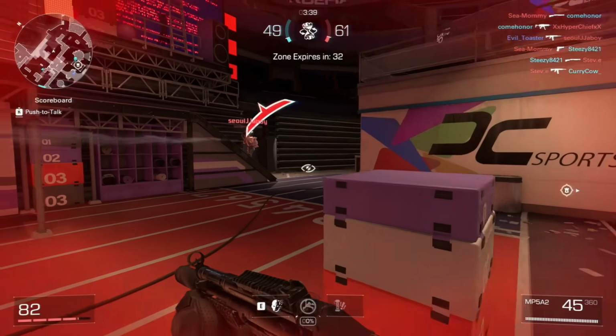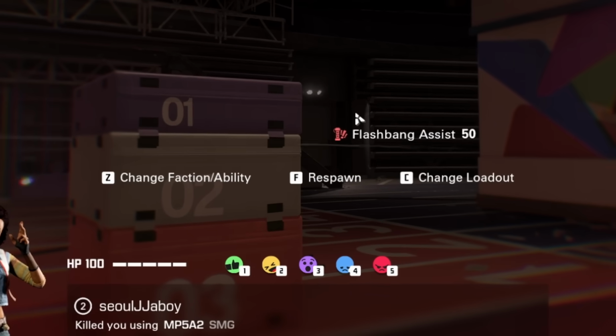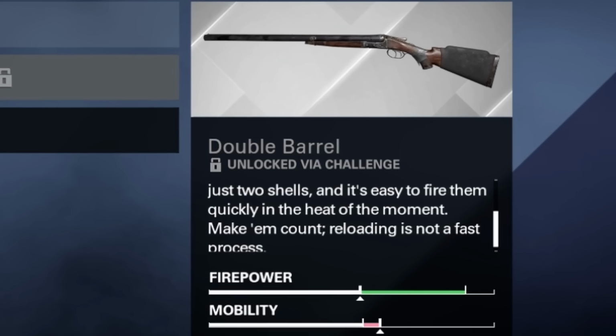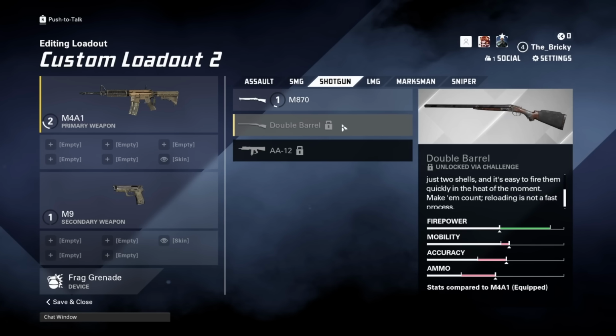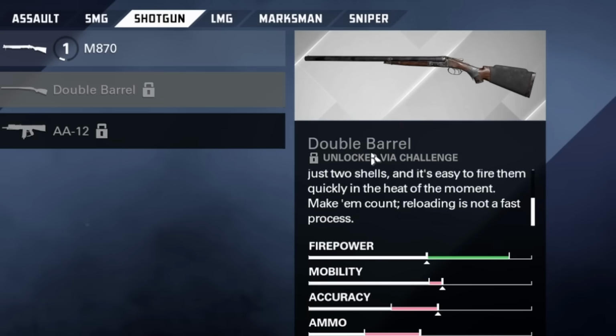As for UX, this is something I noticed almost immediately when playing XDefiant. Wait, it says unlock via challenge, but how do you know what the challenge is? Oh, you go to the challenges on the home page. They don't have...